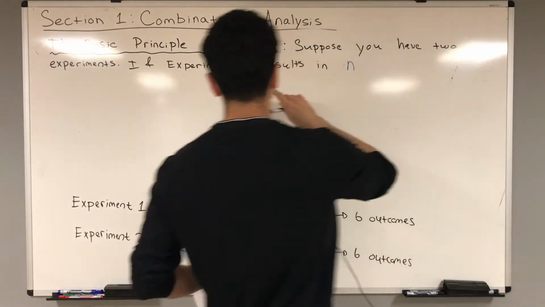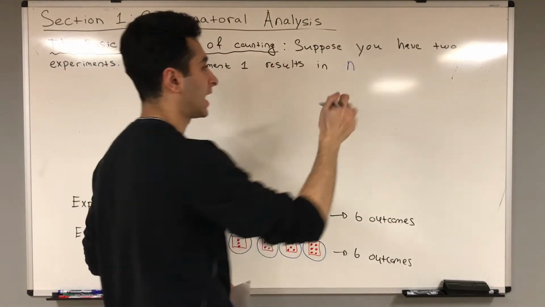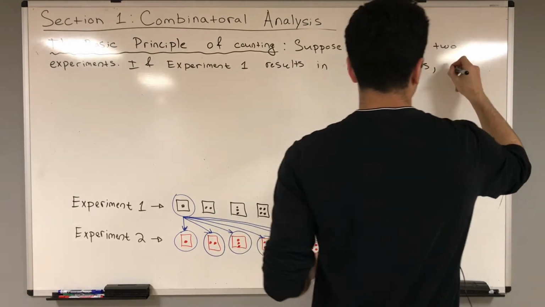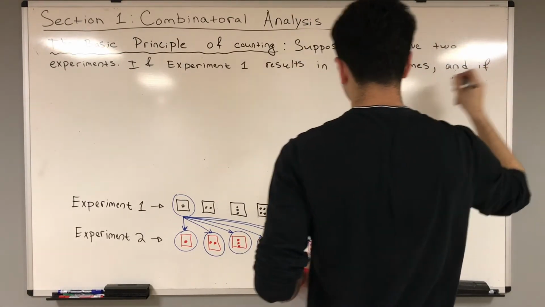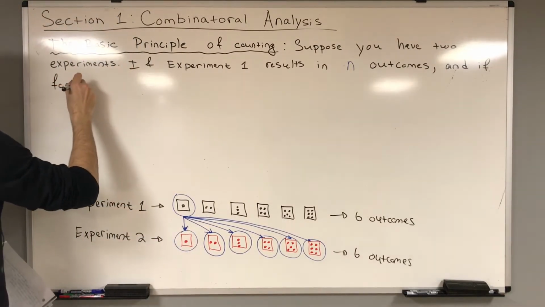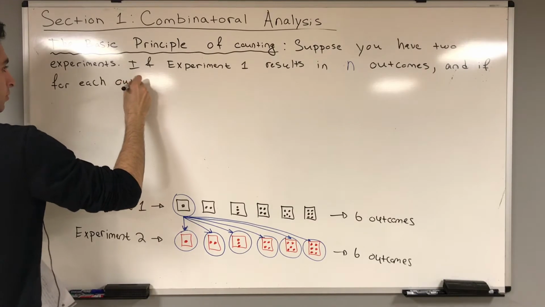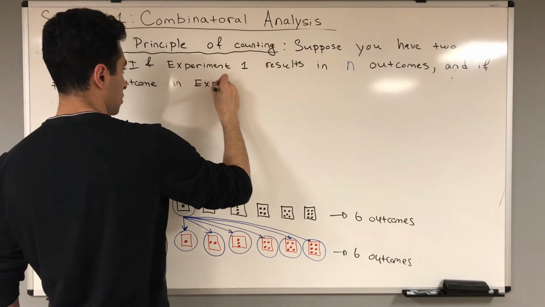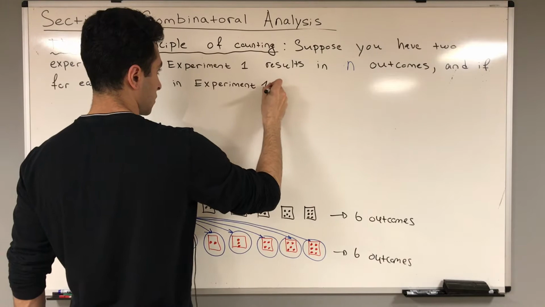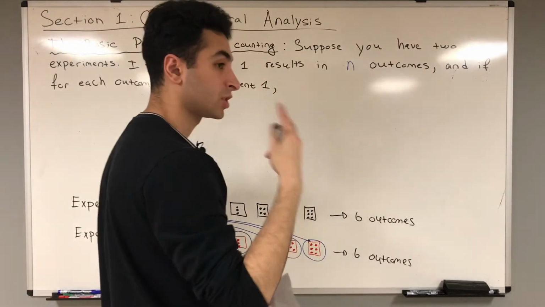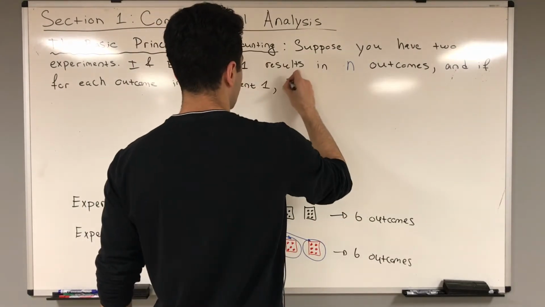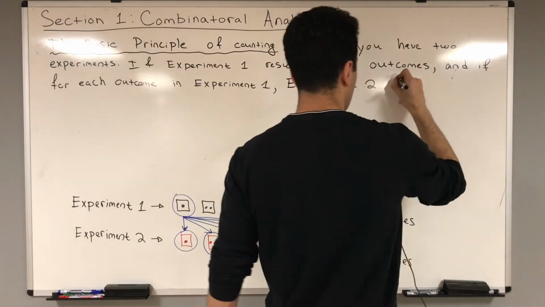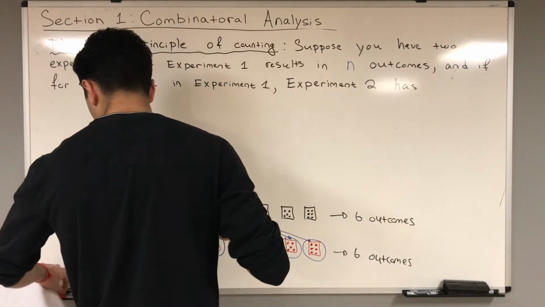Remember, experiments have outcomes. So if experiment 1 results in n outcomes, n is our variable, and if for each outcome in experiment 1, experiment 2 has m outcomes,